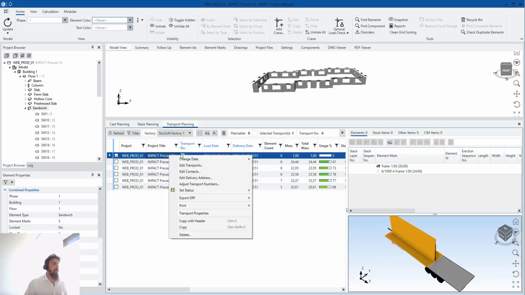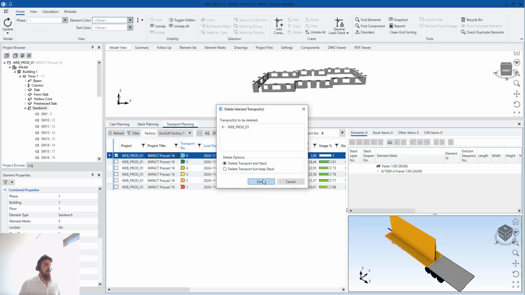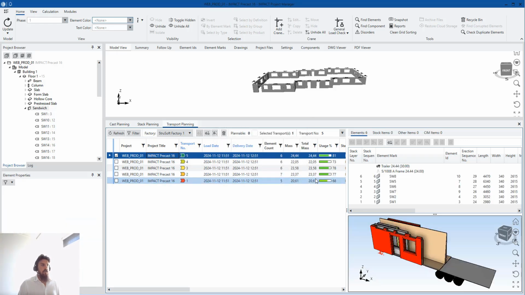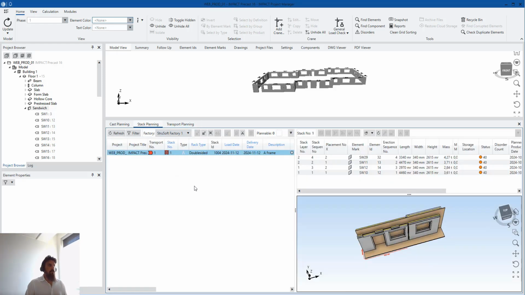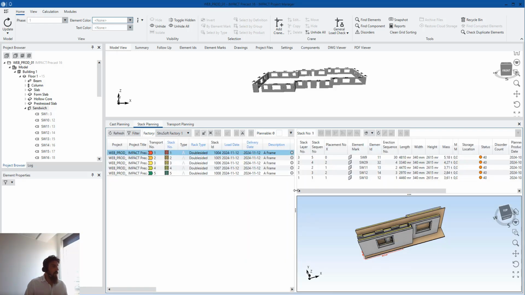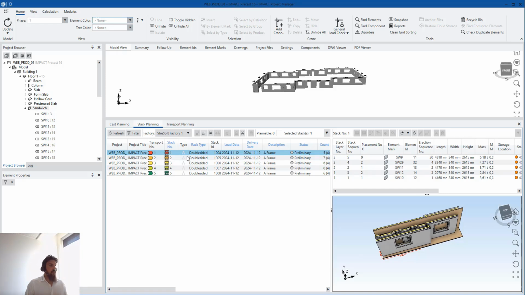Right, now I can delete my transport 6. I can say delete, and transport 6 is gone. And now this looks a little bit better at least, right? So, as I said before, I have 5 transports here for sandwich walls. I want to fix them. I want to make them look better. What am I going to do? I'm going to press refresh and come back here. Take number 2